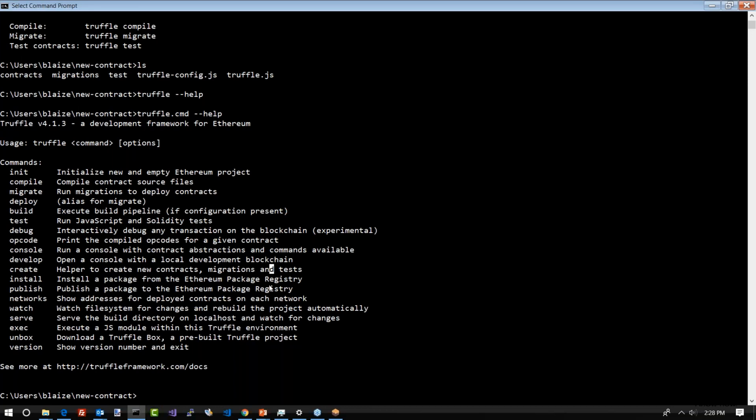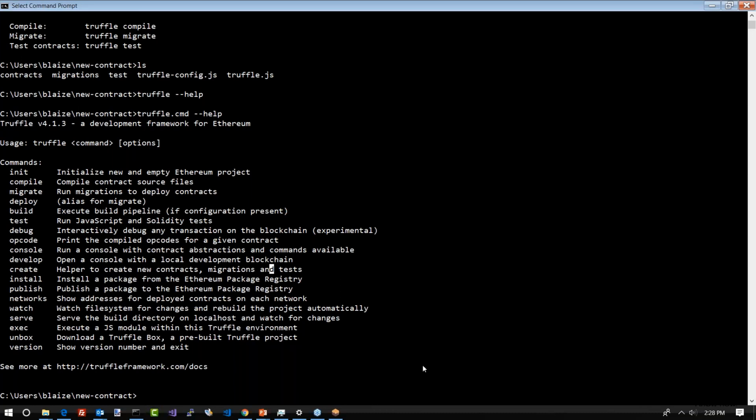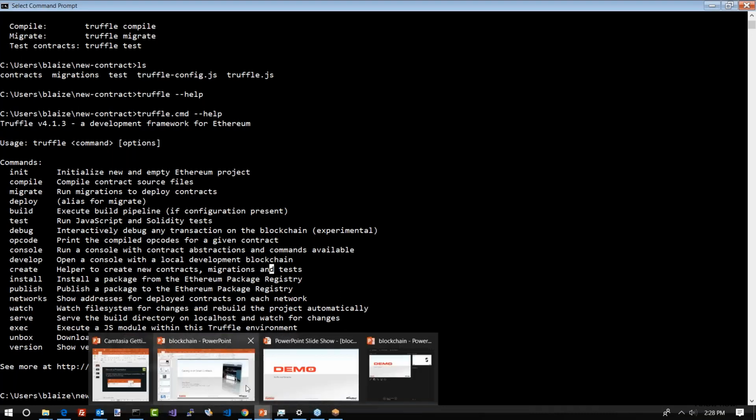So Truffle is going to be your bread and butter whenever you're dealing with smart contracts. It is your Swiss Army knife for doing Solidity development. Now, it's not going to write the code for you, but it does give you a lot of head starts in terms of building the frameworks and a lot of the other types of automations that would go into building Solidity applications. So with that in mind, let's go back to our deck and talk a little bit more